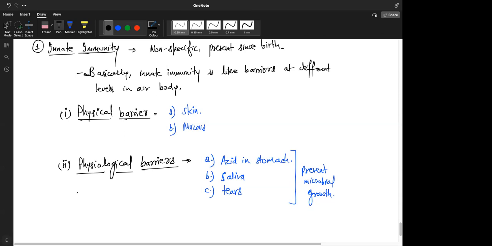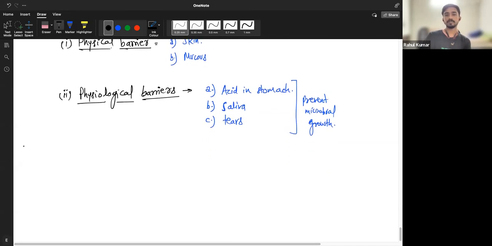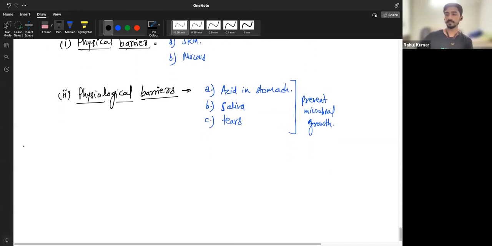Yes, sir. So if your skin is oily, if you are sweaty, then you should clean or wipe your face more often. Otherwise, you'll get more acne and pimples. So more than a defense mechanism, I think it's an excretory system's part. Does it make sense to you? Yes, sir. Maybe? Okay. So this was a physiological barrier.